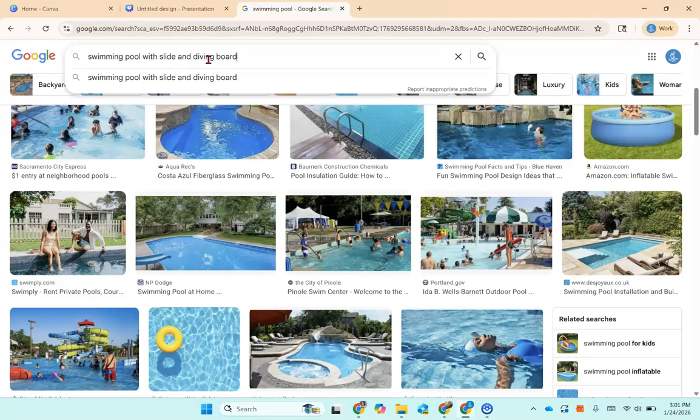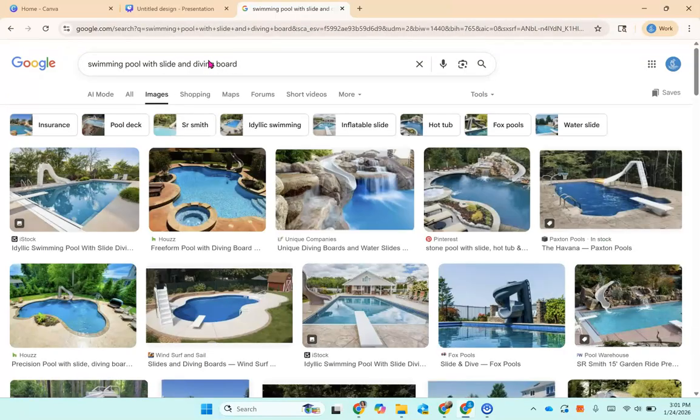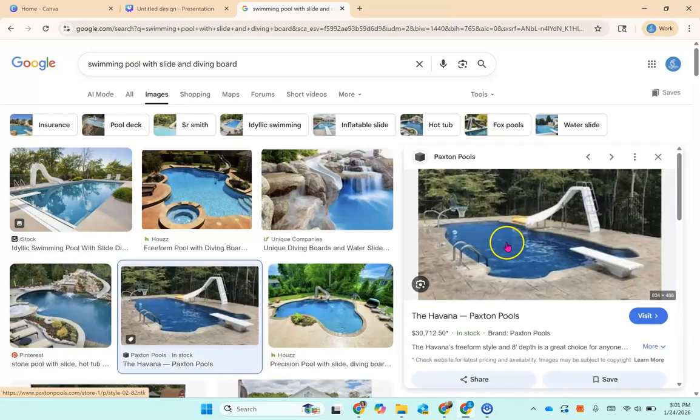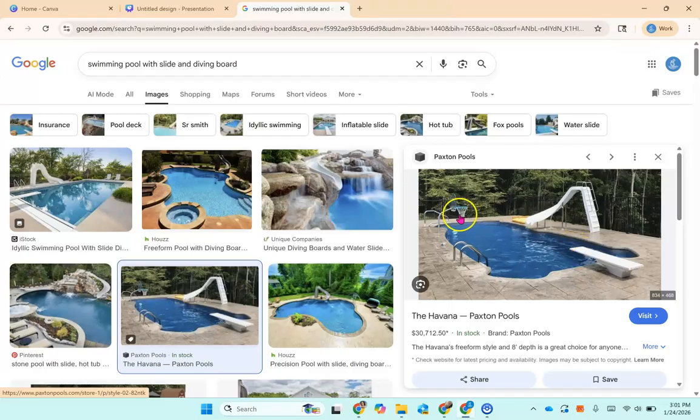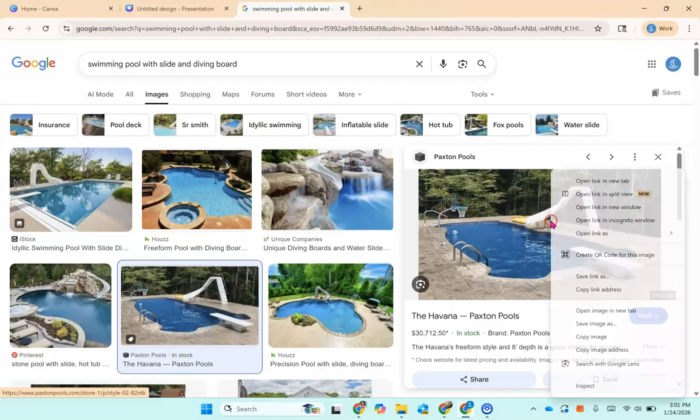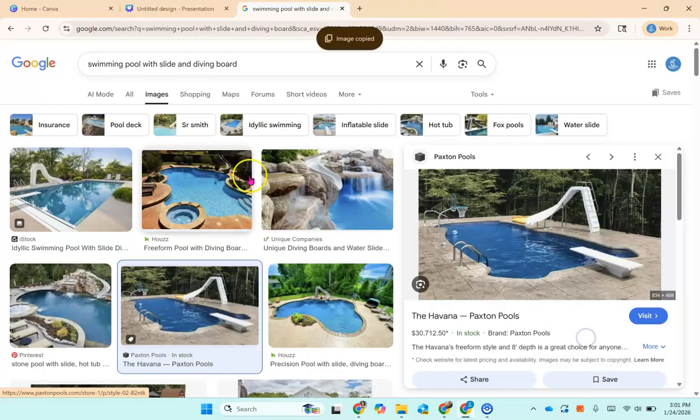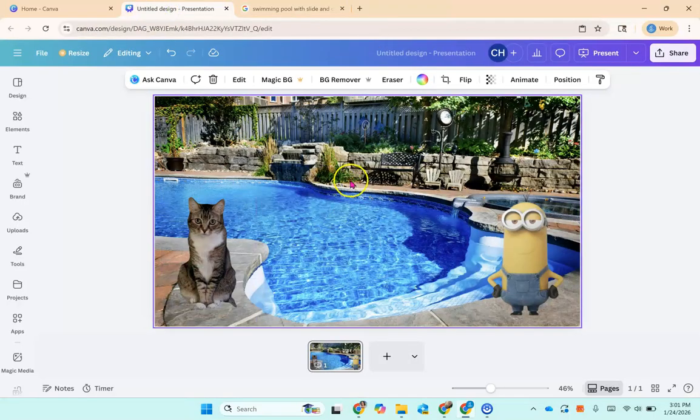I might have been able to do this in Canva, but here I am in Google Images, so we'll just go with that. And oh, awesome. That one looks pretty good. Or this one, oh, tough decision. I'm going to go with this guy because I like the basketball hoop too. That's pretty fun. So I can right click on my Google image, copy it, go back to my Canva slide,